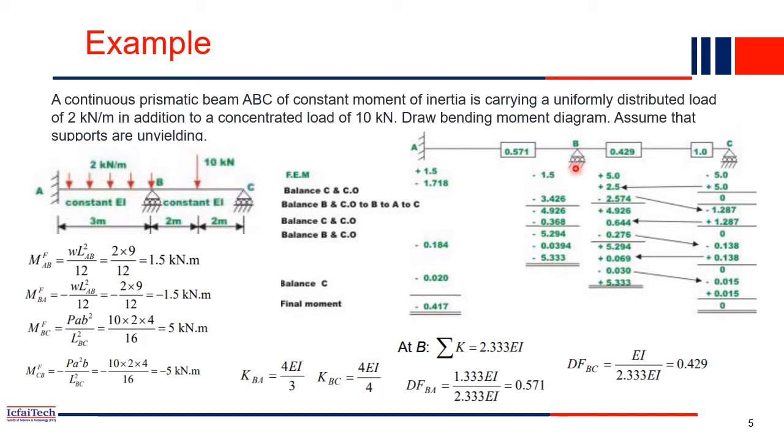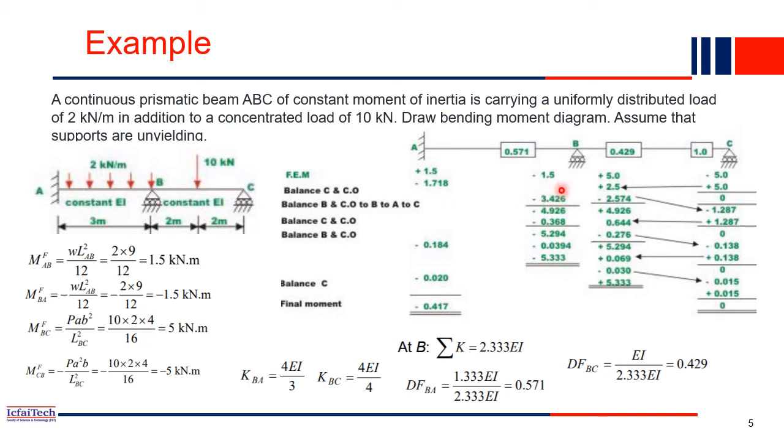So at support B also it is a roller support, means net moment should be equal to 0. Then we have to add -6 to this support to make it 0. So now we added -6 to this support B. So -6, how much will go here and how much will go there? So total -6 we have to add in this support. So based on the distribution factor, -6 into 0.57 will be -3.42.